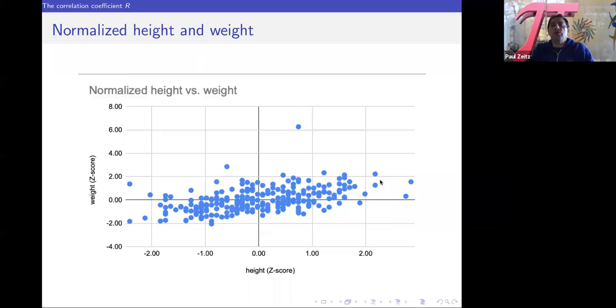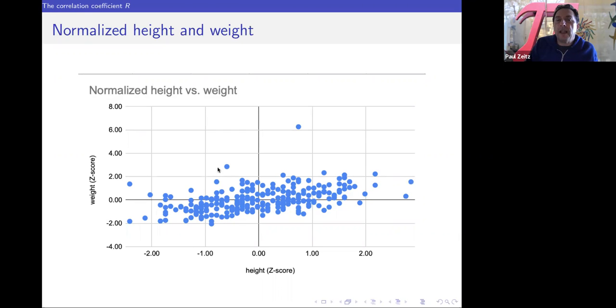And so here's a really simple, almost too simple, but it works perfectly, simple way to compute it. What you do is you take every point, and we've already converted them to z-scores. We just take their x coordinate, which is a z-score, we take their y coordinate, which is a z-score, and we multiply them. In here, you're going to be multiplying positive times positive. In here, you're going to be multiplying negative times negative.